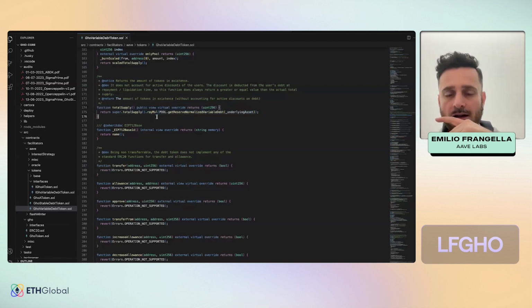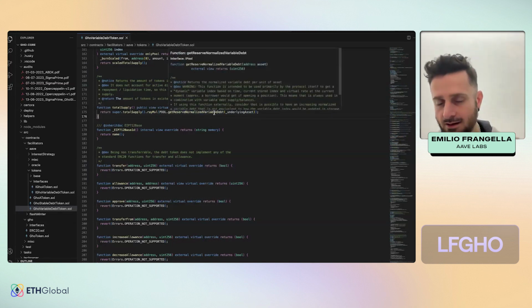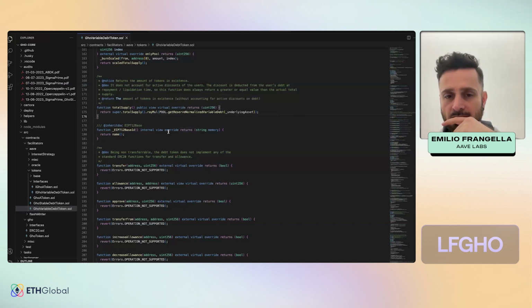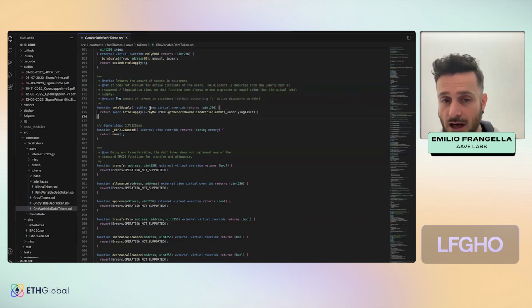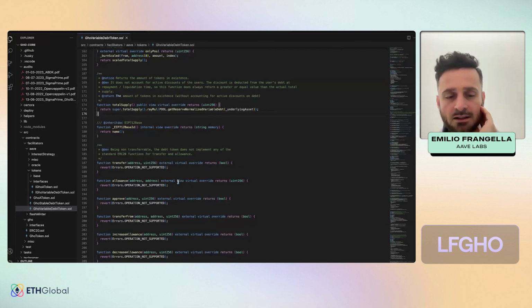This is the way that the Aave protocol calculates the debt and the supply side internally, to keep track of how much every user has supplied and how much interest the user has accumulated. If you want more details about how all of these dynamics within the Aave protocol work, I can link later the white papers of all three versions of the Aave protocol, where these particular calculations are explained in detail.